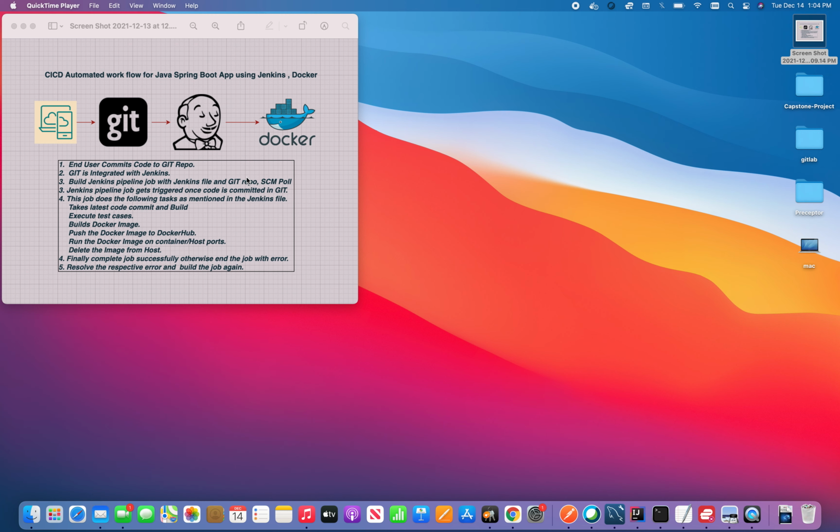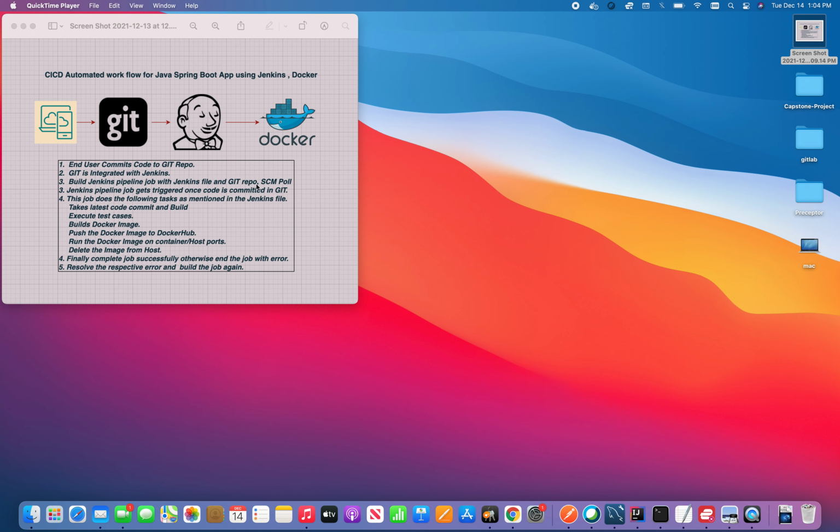The other one is a Jenkinsfile which talks about building the code, testing the code, building the Docker image, pushing the Docker image to Docker Hub, removing the image from the host, and then running the image onto the actual ports. So these are the steps we have followed.